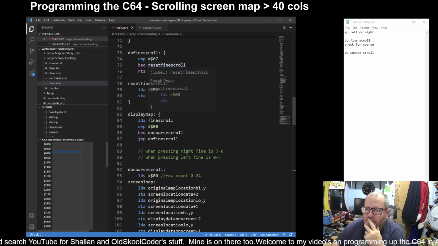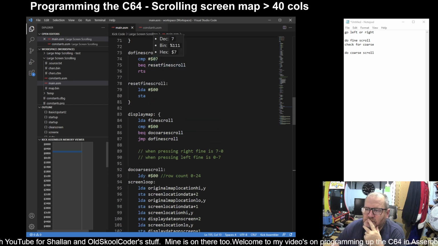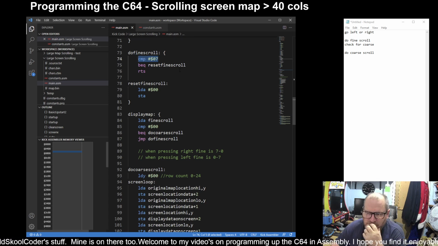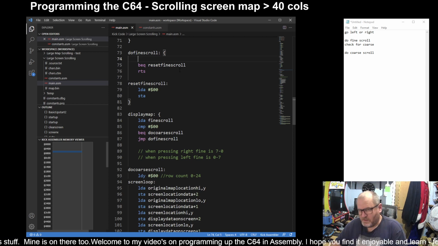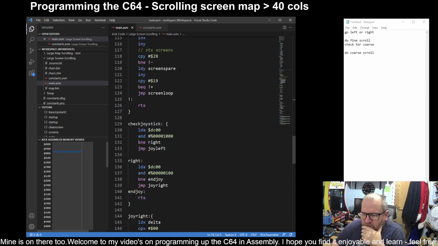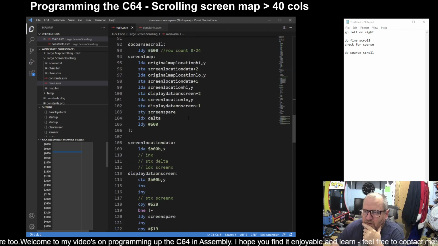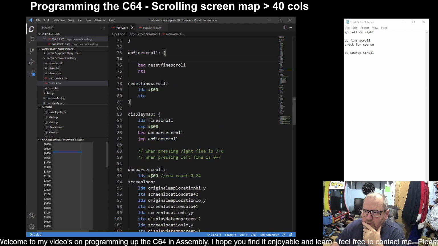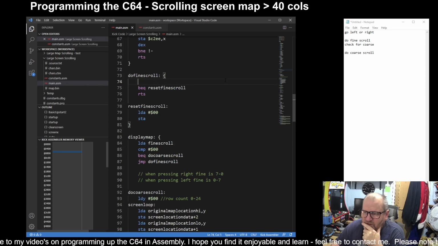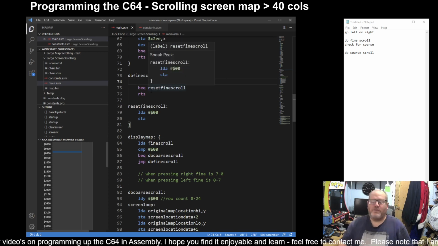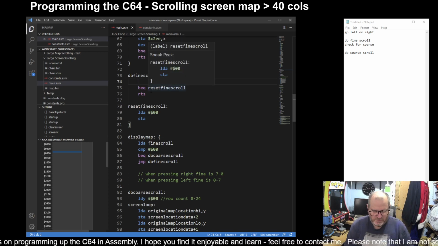And on the fine scroll, so okay, this is decreasing every time. It's always going to decrease it. So the fine scroll will, that's still in A, isn't it? Yep. So on the fine scroll we are going to